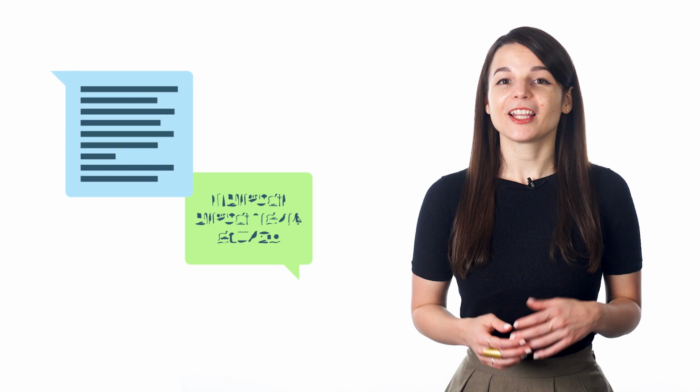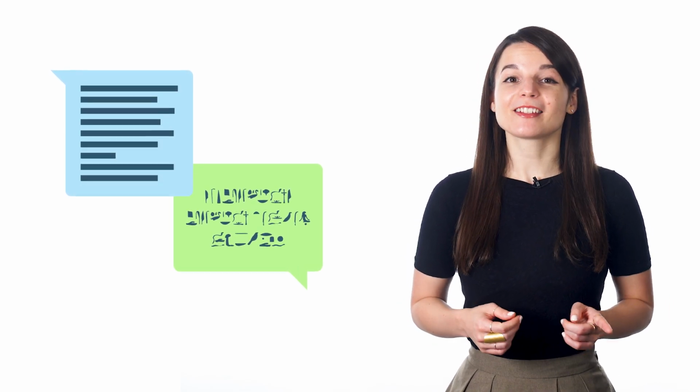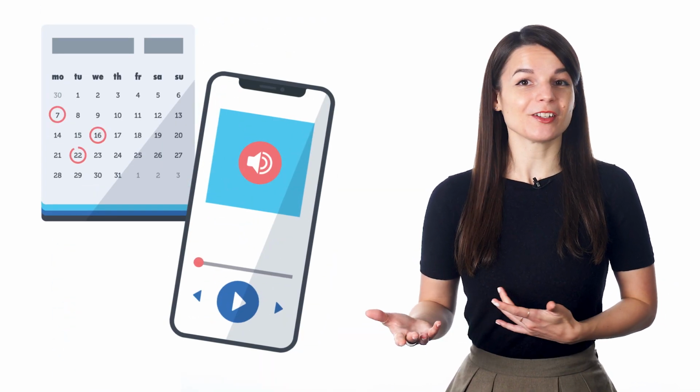Another way to memorize words fast is by learning songs in your target language. If you're studying a language with sounds that are very different from your first language, this can be a really helpful tactic. You can make a monthly goal to memorize 1 to 3 songs you like in your target language. You can find the lyrics to the song with a search online, and you can search for a translation as